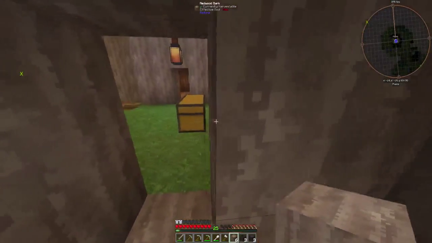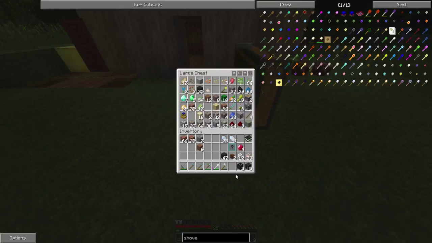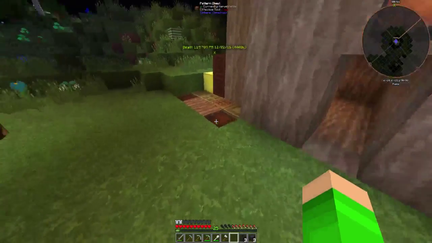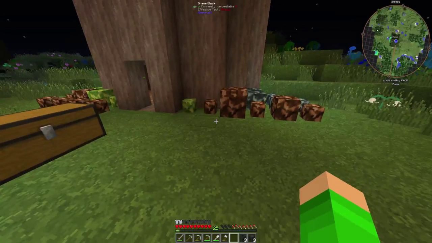Alright, so we actually need to go get some clay. So let's put all this in the... we need another chest. That's alright. We don't need one just yet. That's perfectly fine how we've got it. Alright, so we need to go and get some...